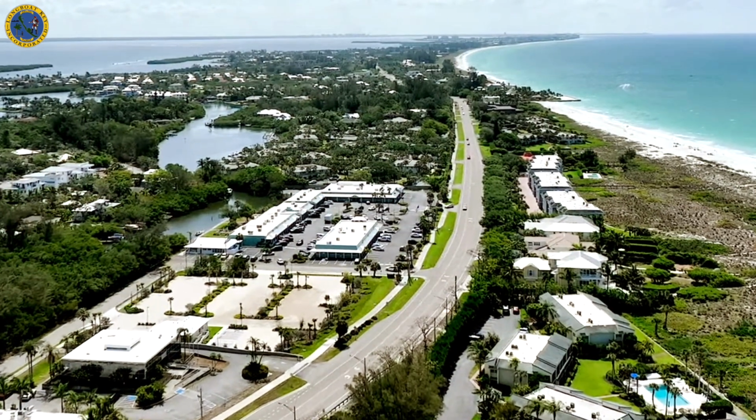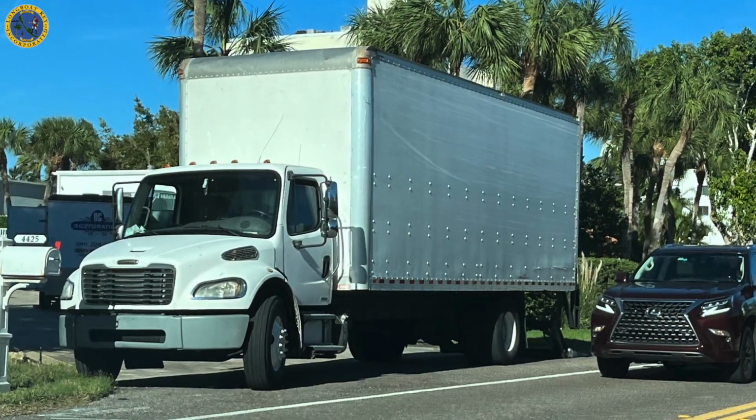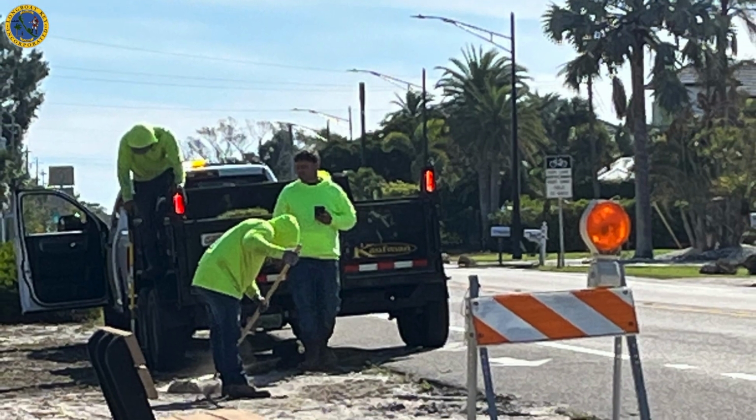So today we want to talk about the safety side of unloading on Gulf of Mexico Drive. When it comes to loading and unloading, there's a right way and there's a wrong way. Let's do it right. Now, Gulf of Mexico Drive is absolutely our busiest street, as everyone knows. It has roughly about 11,000 trips a day on it, so it is a heavily traveled road, obviously much heavier in season. And there are lots of things that happen on GMD, and so from a business perspective, there may be deliveries, from a car hauler perspective,